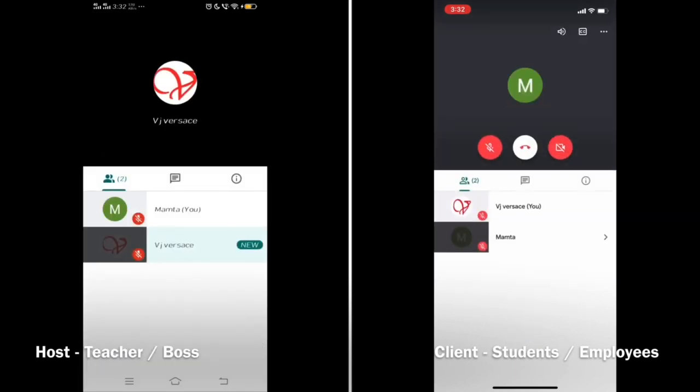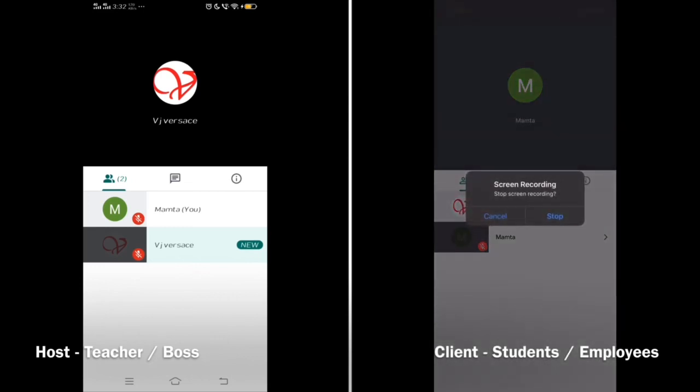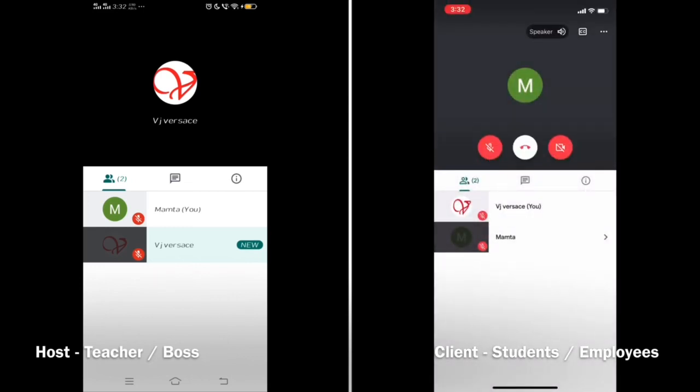Here, both the host and the client can turn off their mics and camera as and when required anytime in the meeting.